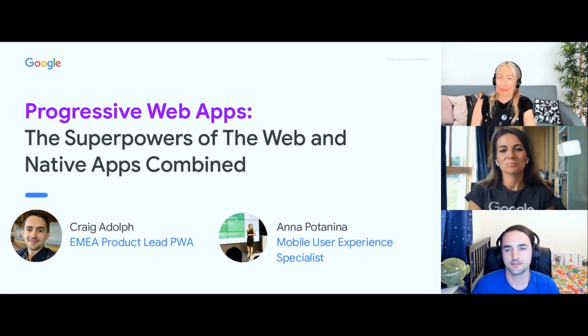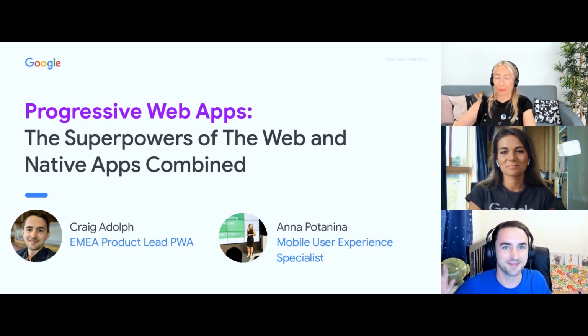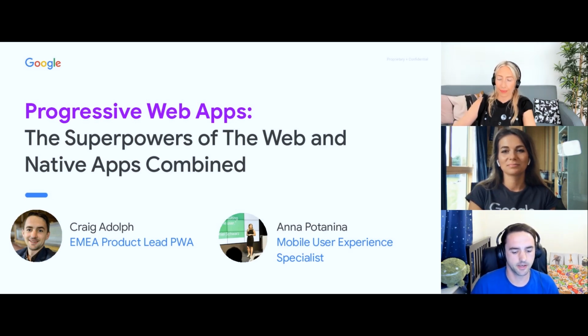Thanks, Rachel. My name is Craig. I'm a product lead at Google in our go-to-market team focused on progressive web apps. Surprise, it's not a very descriptive job title. So what I actually do is I try and help people adopt progressive web apps by working on Google's sales strategy and operations, creating materials like the ebook, and running events and creating programs in Google.